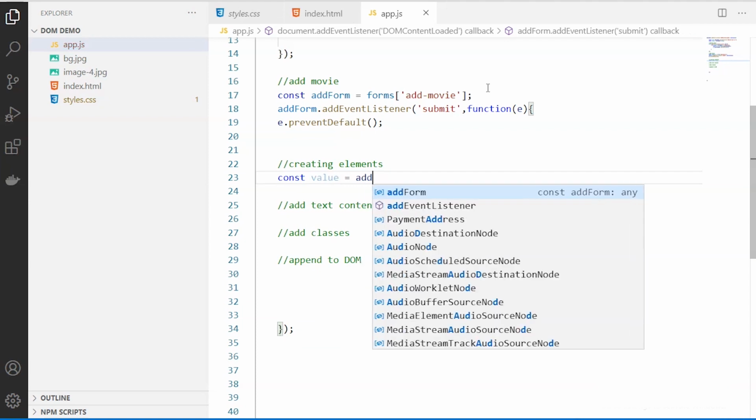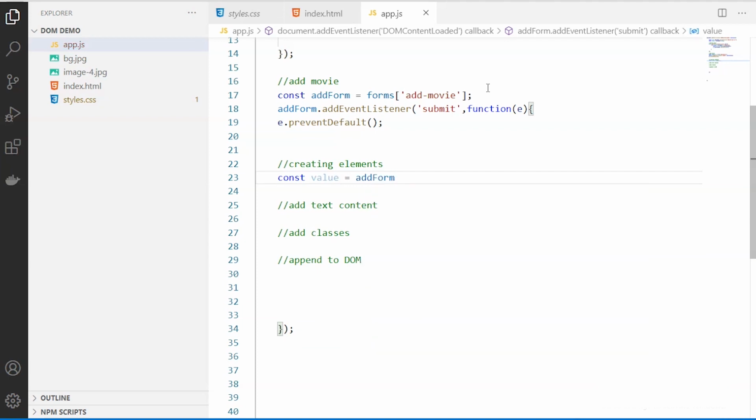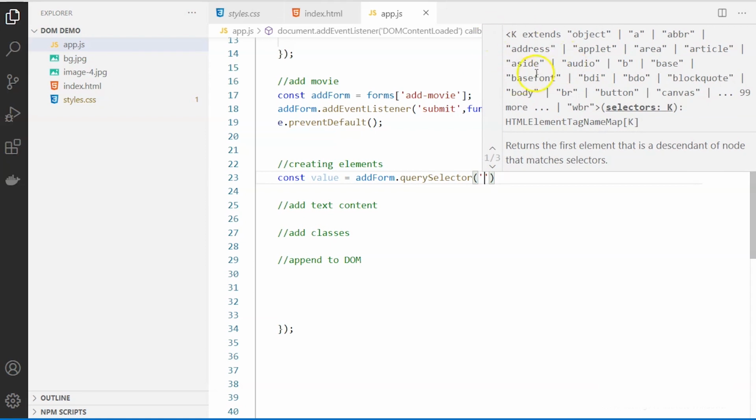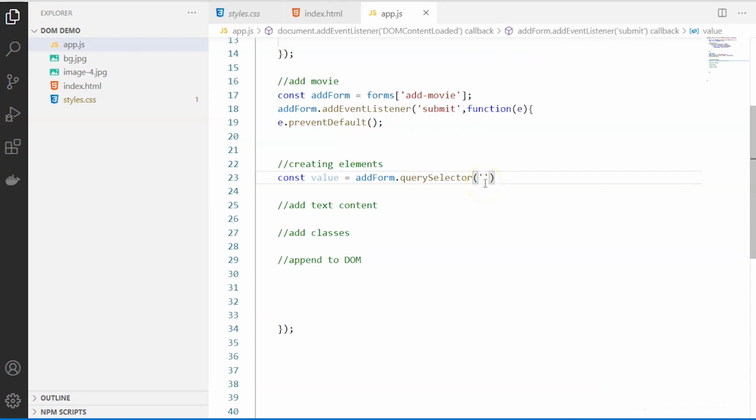So first thing, I'm creating a constant called value. Now here I am selecting using the query selector again, this method again, and I want to retrieve this input type, where I say my text box. So where I say the type as text, I want to retrieve the input where the type is text.